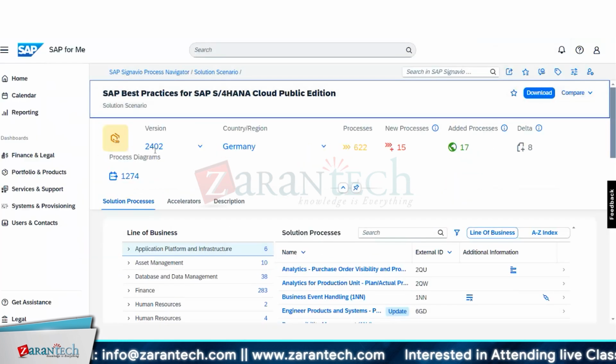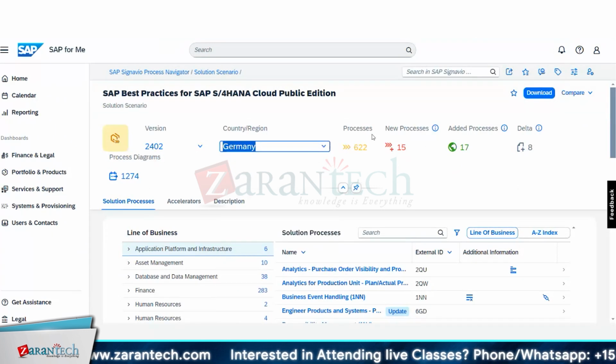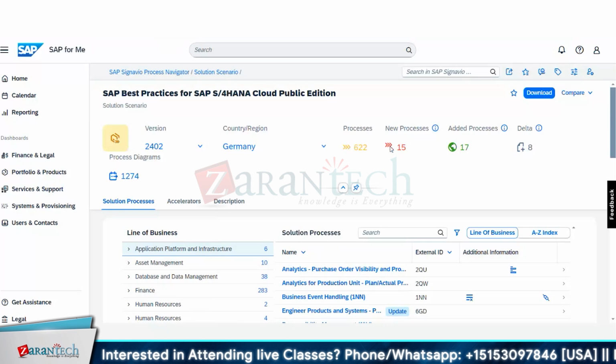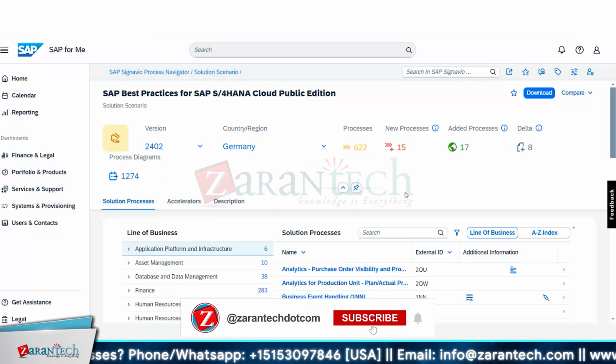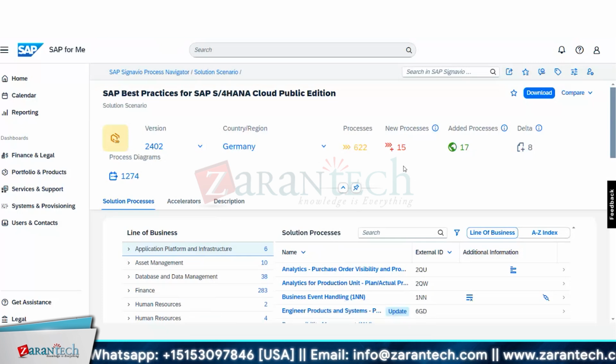We have our version. This is the latest version, country. And this is applicable to multiple countries. In this case, we have only one country and number of processes 622. New processes: if you click on it, it's not taking us anywhere. It's just showing the numbers. Added processes 17. So in the new version, which is 2402, we have got 15 new processes as part of our release,